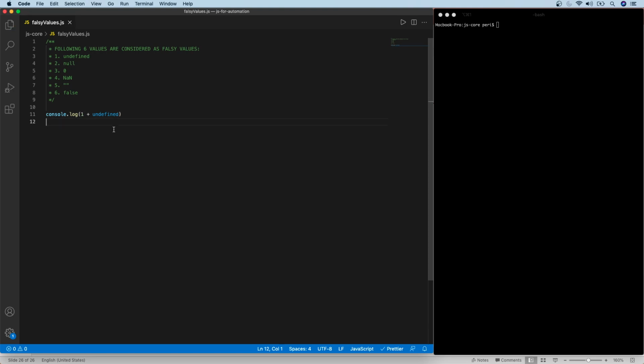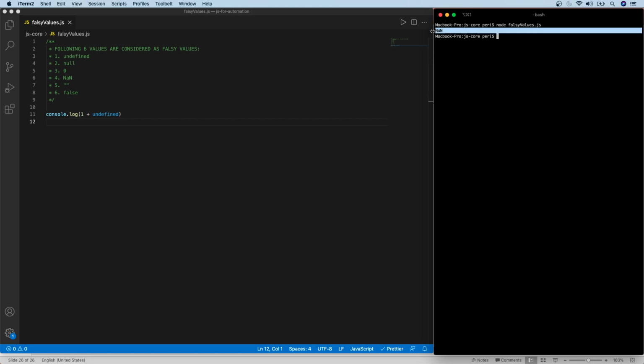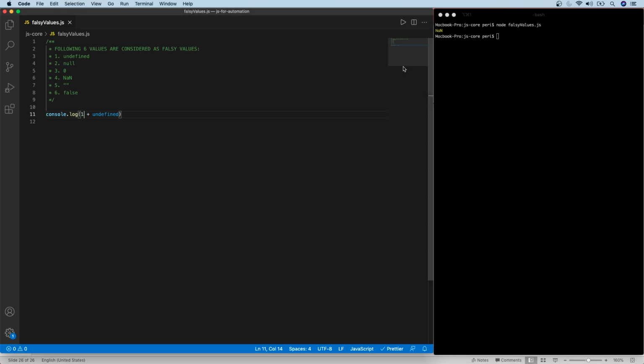So where do we get this value undefined? Maybe some function may be passing some value, or the external API may pass this value. In this context, if I just do an arithmetic operation, what's going to happen? Let's execute it, and my file name is falsy. What we are seeing is NaN, because the numerical context of undefined will be NaN. We can't add undefined to a valid numerical value. That's why it results in NaN, which is not a number.